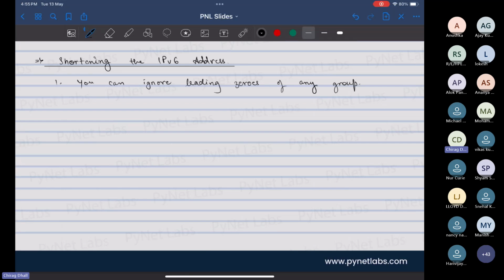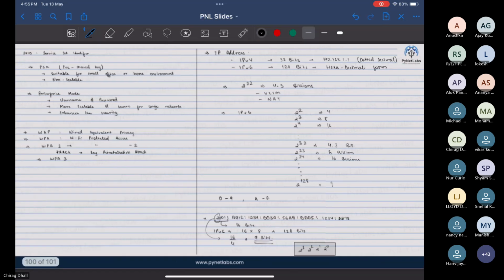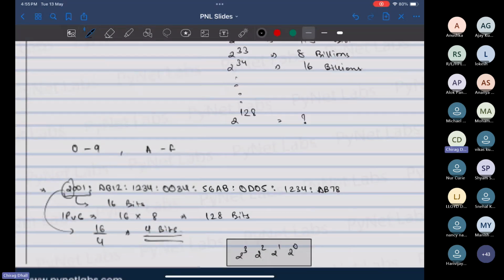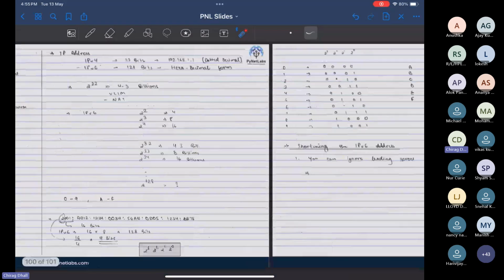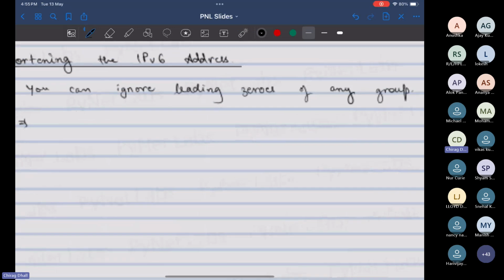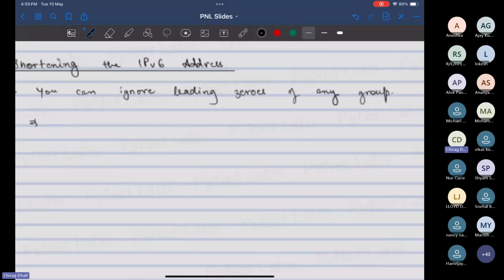What does that mean? For example, if you have got an IP which looks like this, you can ignore the leading zeros. These two are the leading zeros in this group, so I can ignore them. I can just ignore typing them. Here also I have a leading zero. I can ignore it. Similarly, if you have got an address which has got groups having zeros in the beginning,